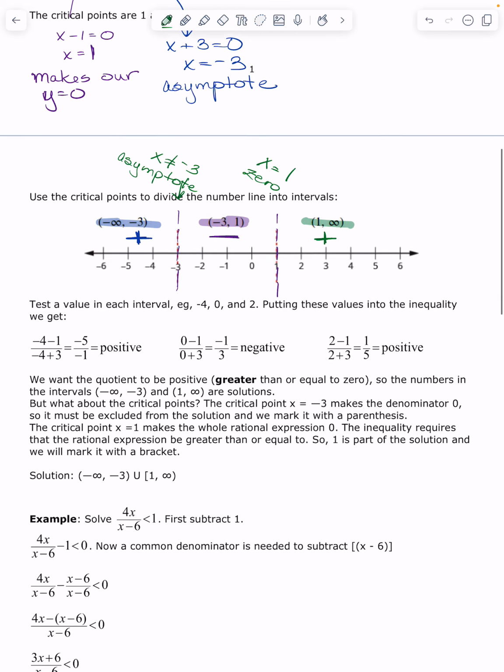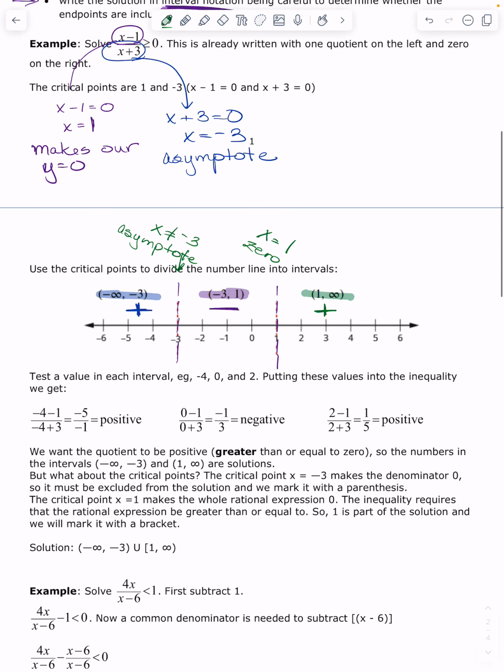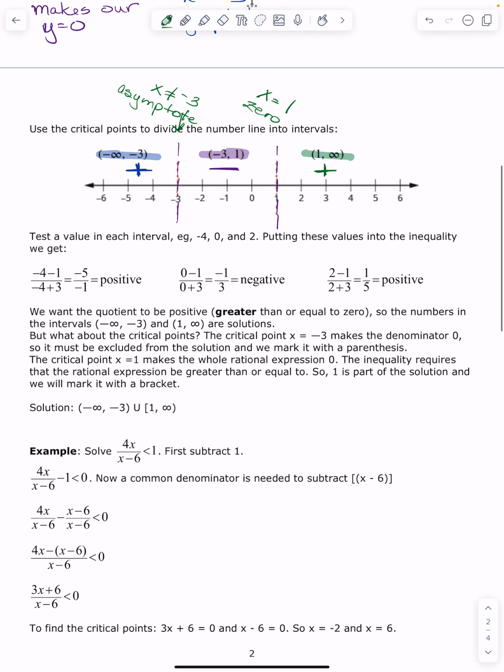So as we look to solve our inequality, we want all of the values that give us a y that is greater than or equal to 0. Everything over here is positive, right? So we get -infinity to -3, not including -3. That's where our asymptote is. And then